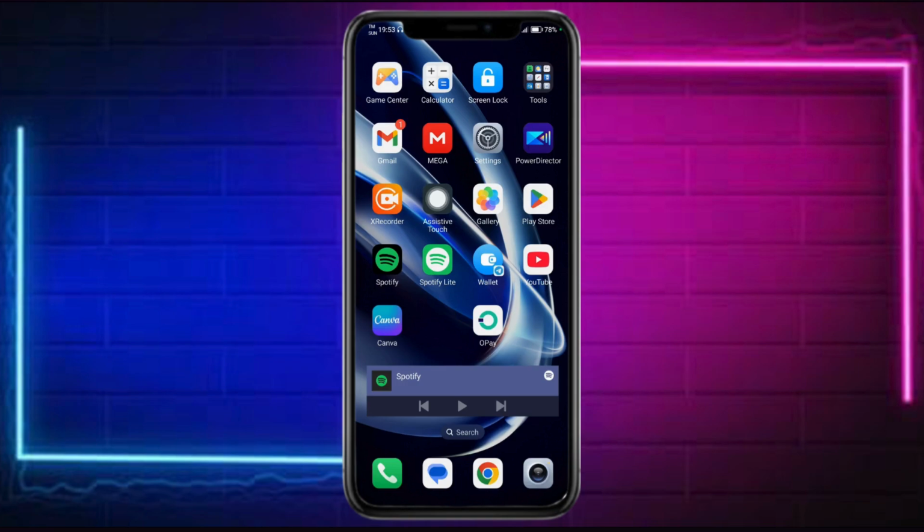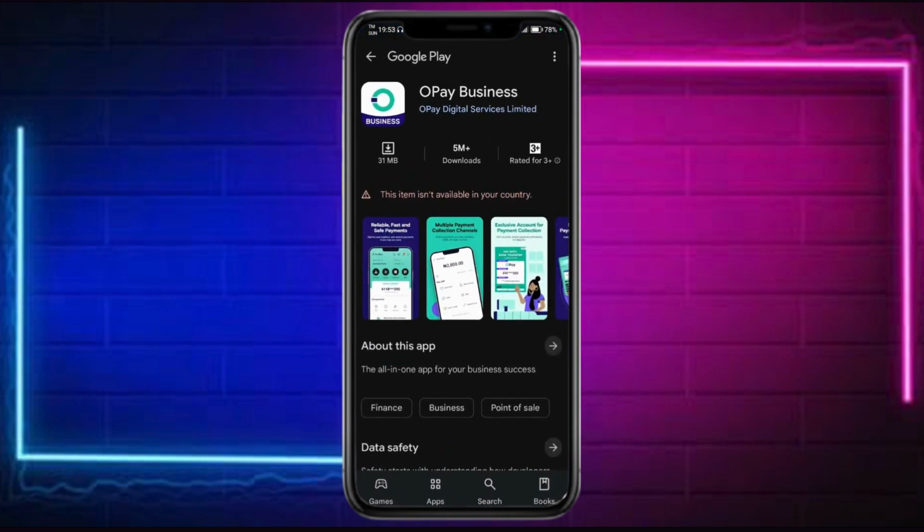So first things first, you can head over right here to your Play Store and search for Opay Business. From in there, you should be able to see this particular application. If this application is available in your country, you can head over and install it. If it's not, you can just download its APK online. Once you have downloaded it, you can use it in order to